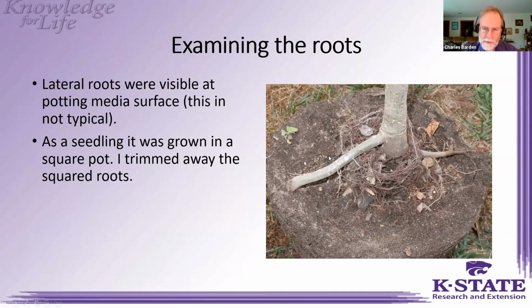Also, as I move some of the potting media away, I could see that the tree had definitely spent some time in a square pot. You see these roots, they'd grown around the perimeter of a square pot at one time, and they were still very visible. So I trimmed away all these squared roots around the edge. Many of them were dead and non-functional anyway, but we didn't need that extra tissue there. But you see how the shape of the pot that the tree is growing in can lead to legacy effects over a long period of time. You can literally see the right angle of these roots as it grew around the square.